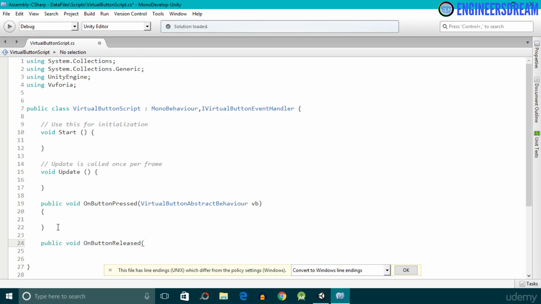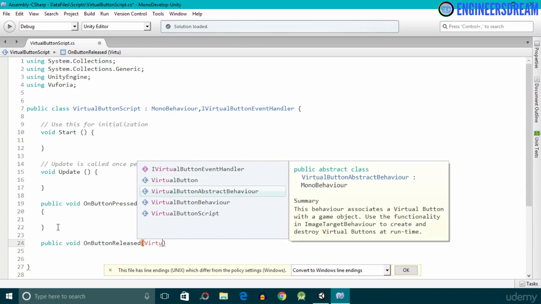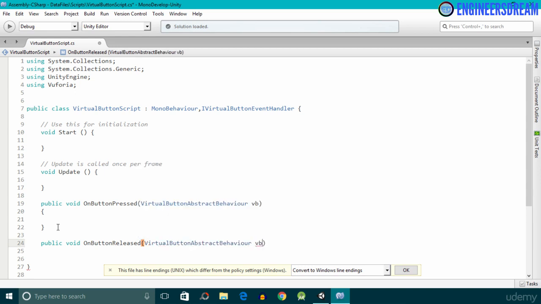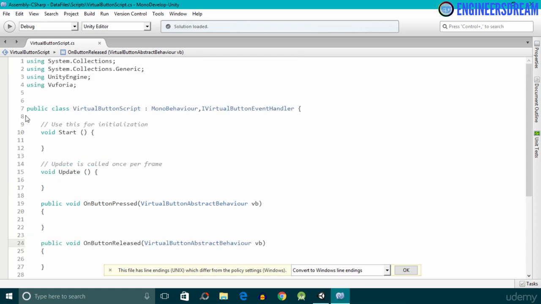So I'll write down public void OnButtonReleased. I'll then open and close round brackets. Inside this round bracket, I'll again write down VirtualButtonAbstractBehaviour. I'll also give this a variable name of vb. Next I'll open and close curly brackets. Okay. And guys, if you look over here, in the OnButtonReleased spelling, the alphabets O, B and R are capital. Okay. So after declaring the OnButtonPressed and the OnButtonReleased functions, next inside the virtual